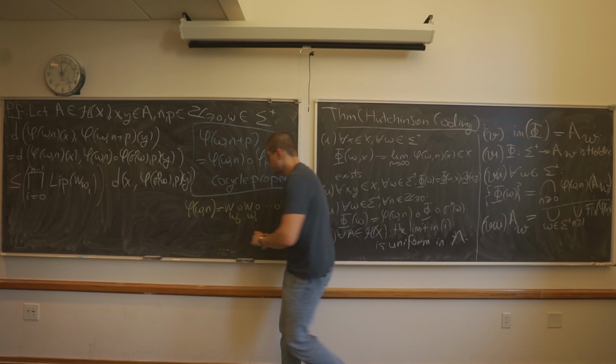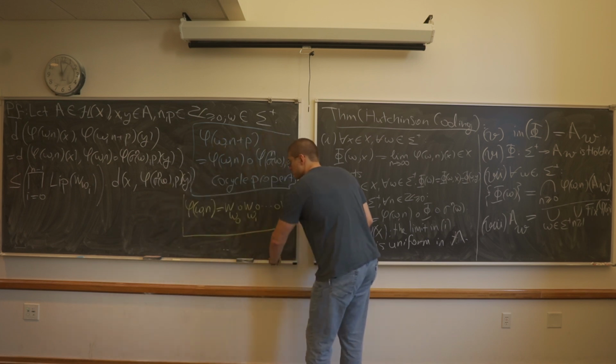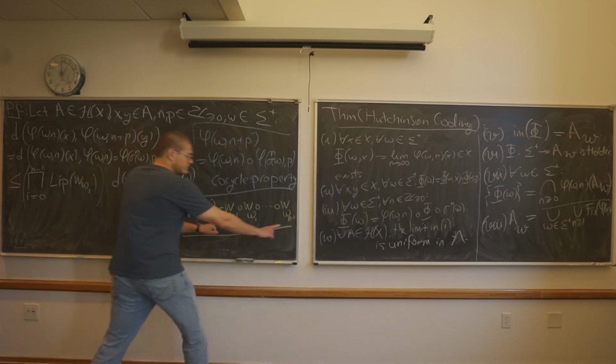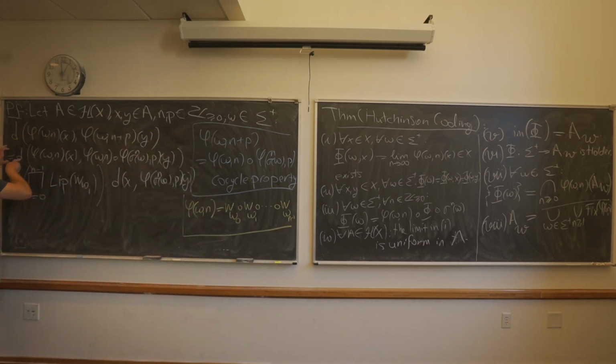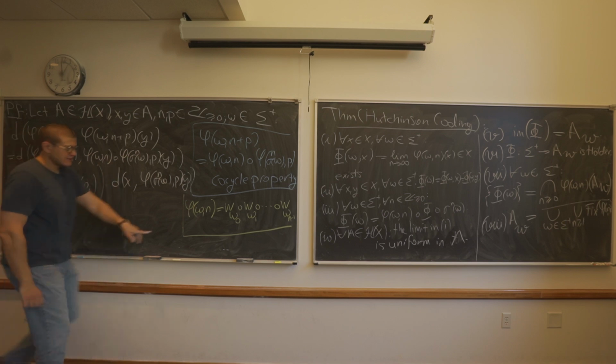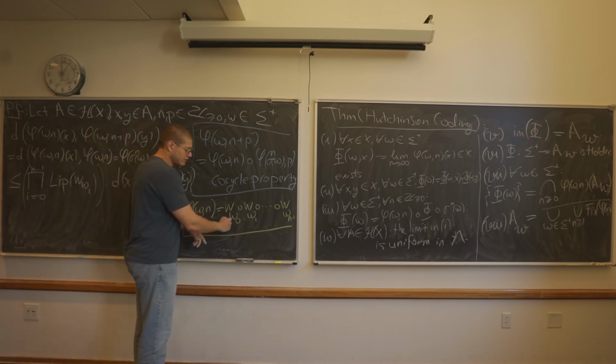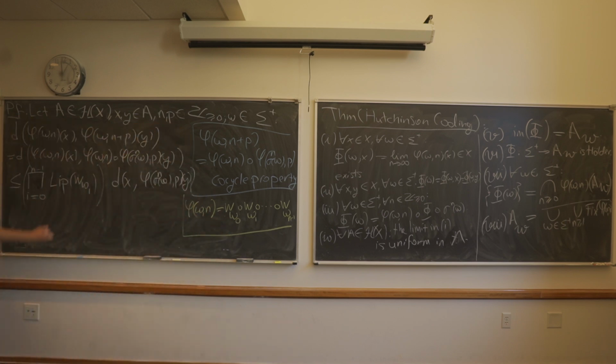Okay. So that means that I have n contractions in the first spot for the metric and in the second spot. So what I can do is take each of these out of the metric and have a factor like this. That's the point. Of course, each of these is bounded by L, the max of these Lipschitz constants, which means that this product is bounded by L to the n because I'm multiplying it n times.